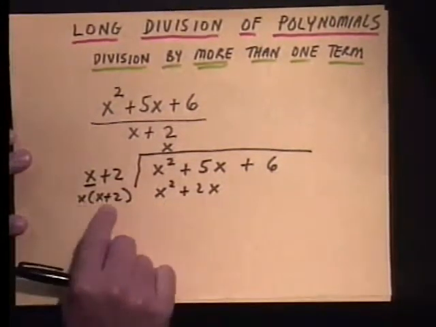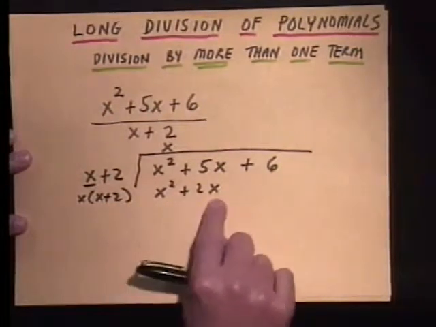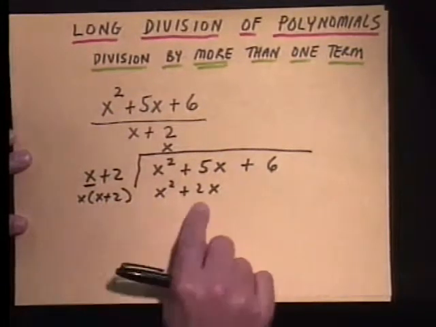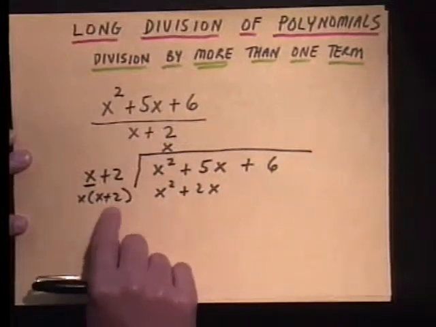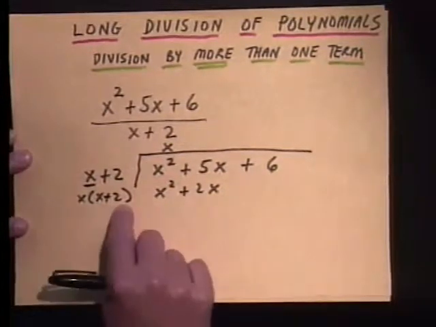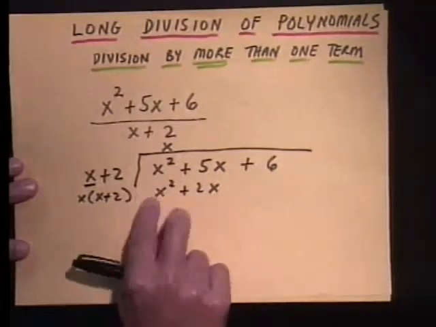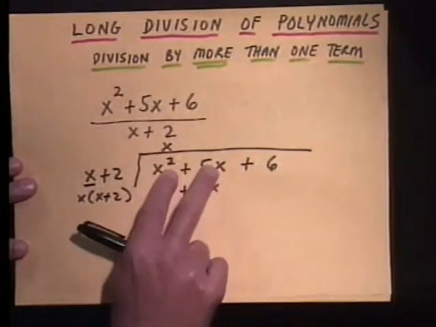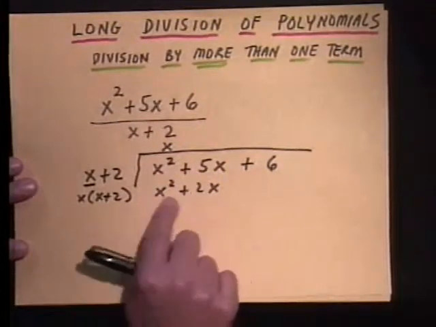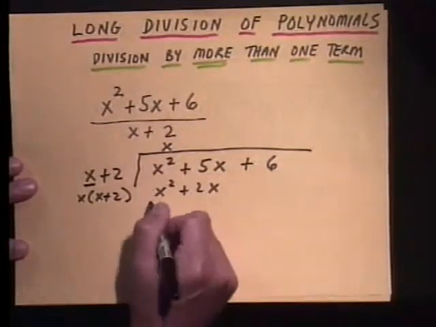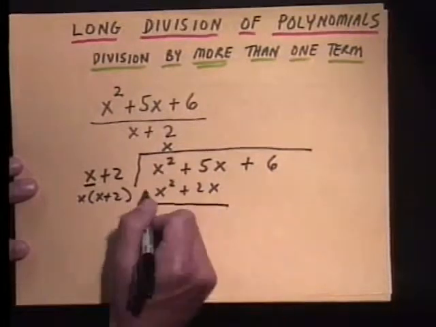X times x plus 2, we can write that result right underneath here. It gives us x squared plus 2x. So notice there are some important things from the past here, distributing. Now, what I mean is you have to subtract this whole binomial you just got from this trinomial up here. So when you subtract, remember, this is where we use the term draw the line and boldly